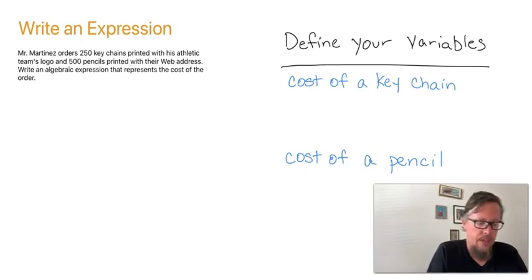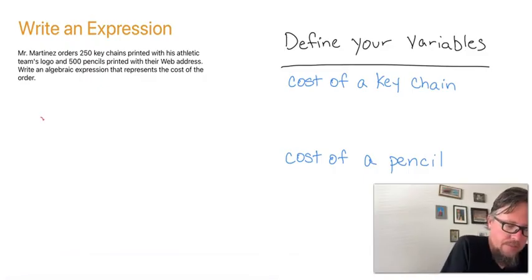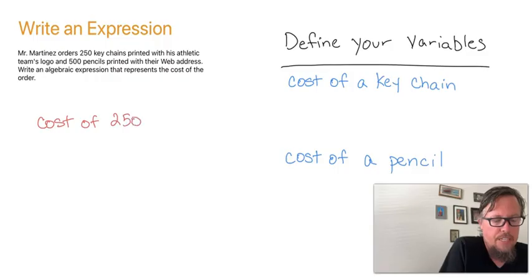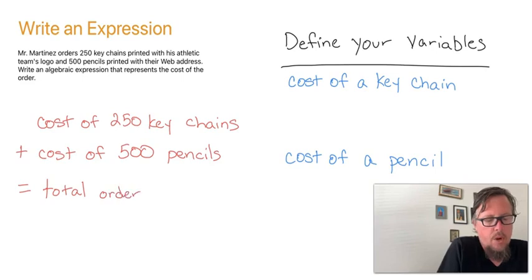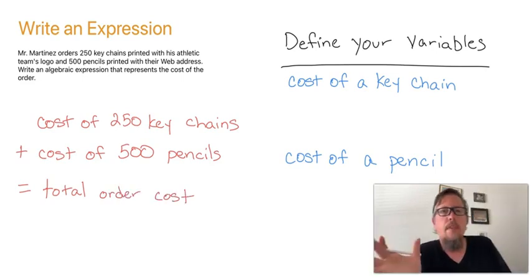Once we know the cost of all 250 keychains, we then add the cost of 500 pencils, and that will give us the cost of the order. Okay, so we need two variables. We need one that represents the cost of a keychain and one that represents the cost